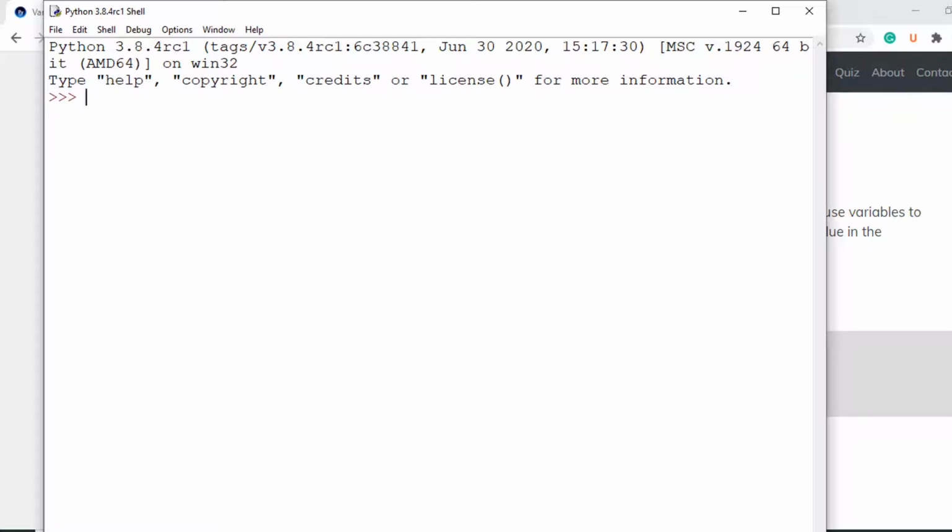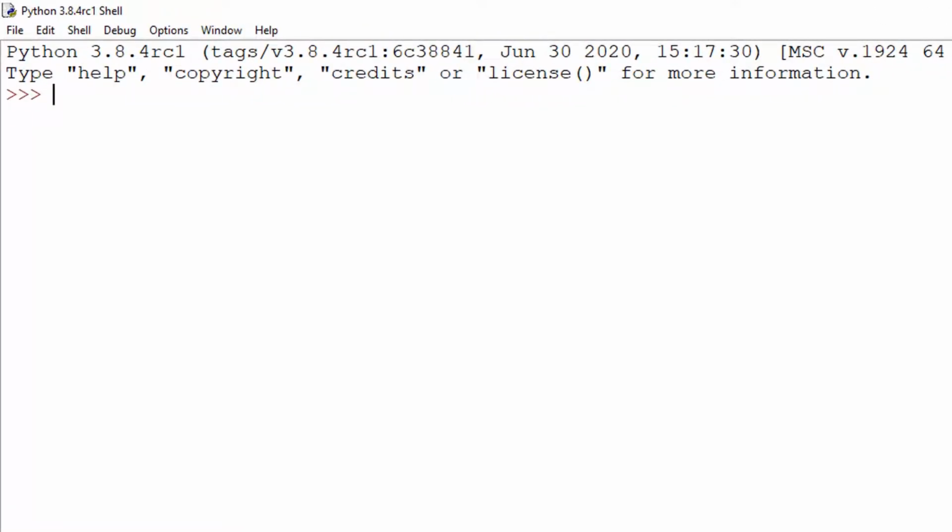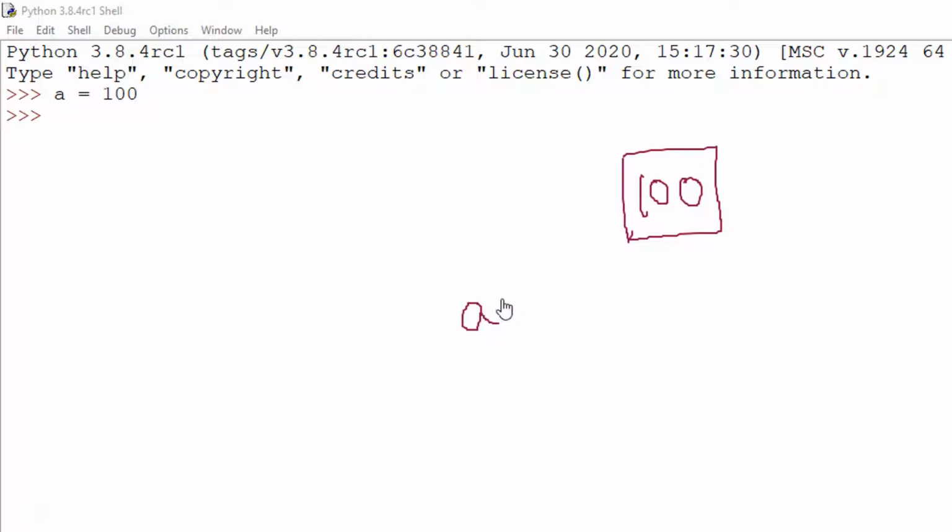Suppose I want to store 100 in computer's memory. To do this, I will write a is equal to 100. When I press enter, what happened behind the scene? 100 is stored somewhere in computer's memory and referenced by a.